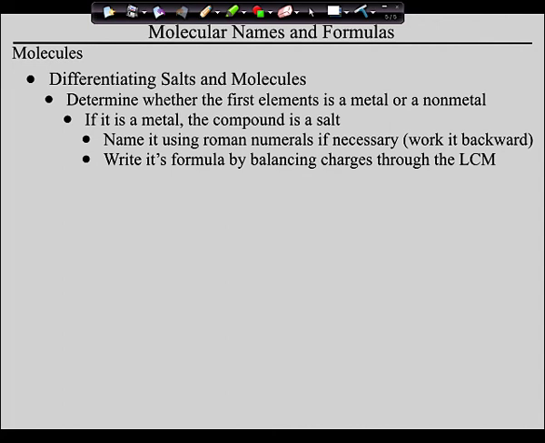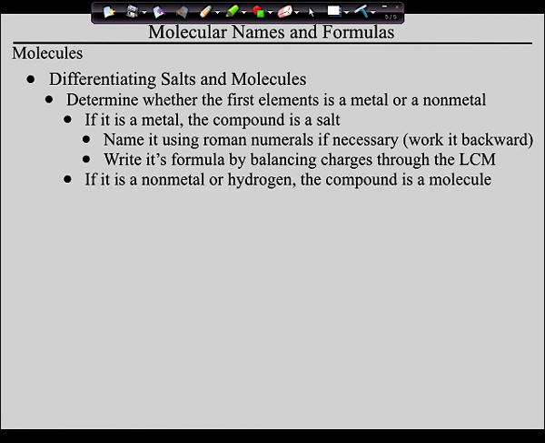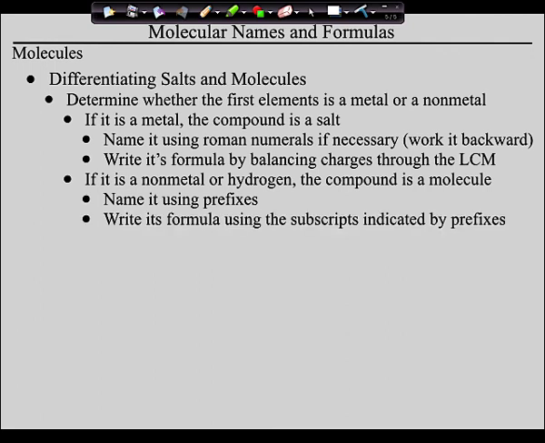So guys, what if that first atom is a nonmetal or hydrogen? Well, that makes the compound a molecule. If that's the case, you're going to name it using prefixes, and you're going to write the formulas using the subscripts indicated by the prefixes, which you just learned to do. So guys, with all of that said,